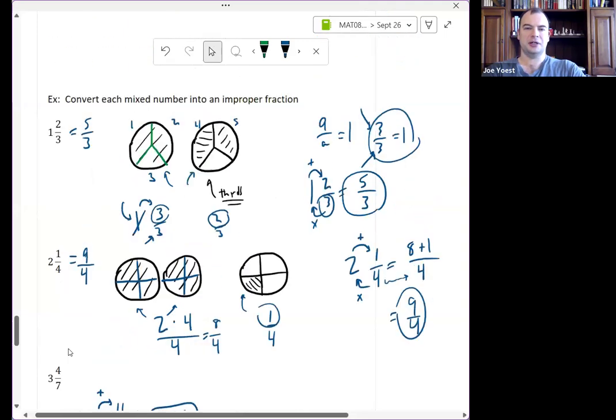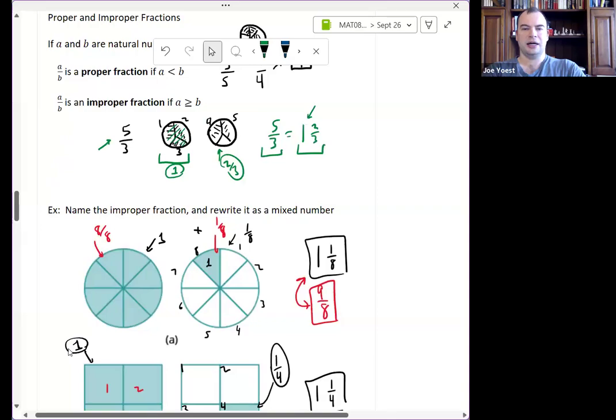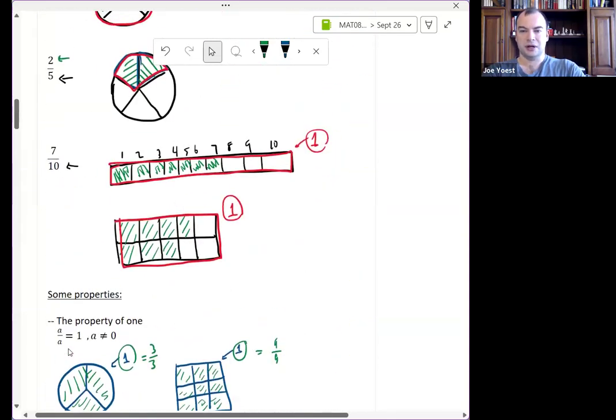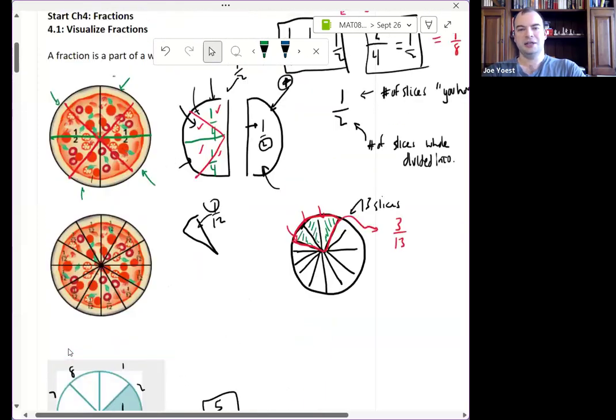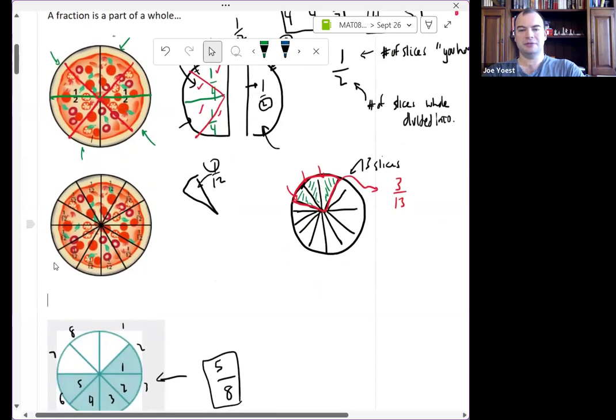So I know fractions are, like I said, a little bit scary, a little bit of an uphill climb, but I think starting off like this, starting off with all the way back up here, there we go. Starting off with thinking of it as a part of a whole and always coming back to that, right? Always coming back to fundamentally, what does the top and the bottom number mean? What does the numerator and denominator mean? The denominator is how many times we slice the pizza, how many slices we slice it into, and the numerator is how many of those slices we have.